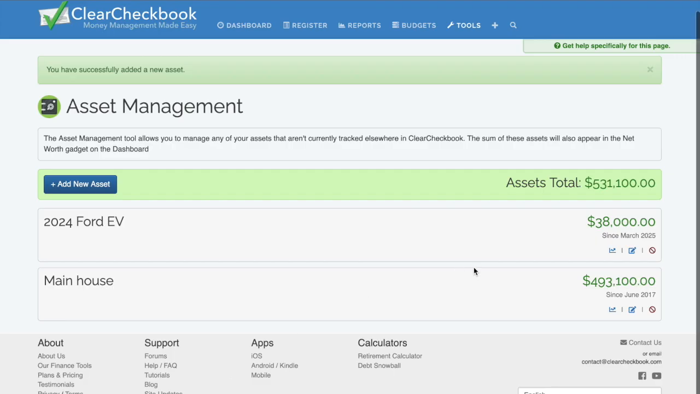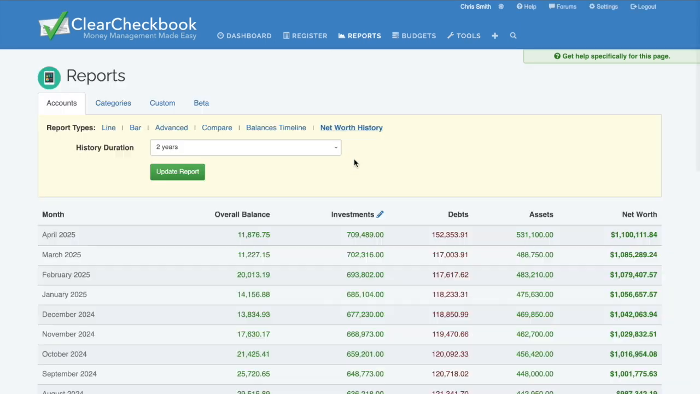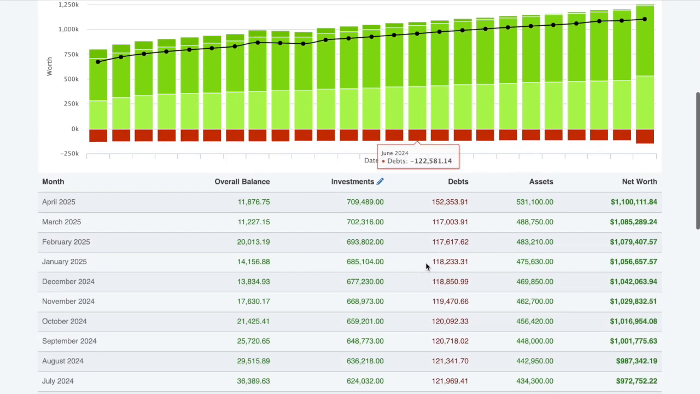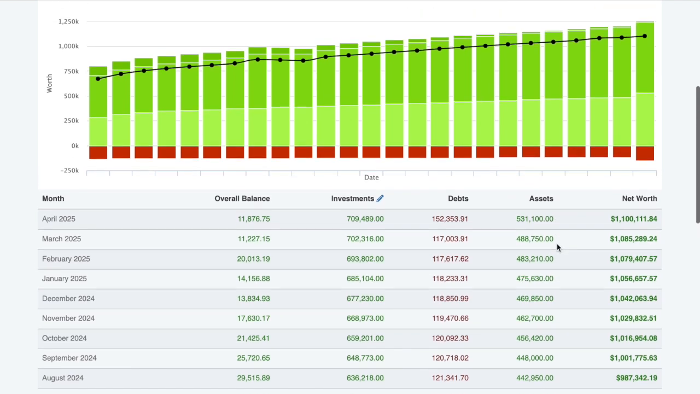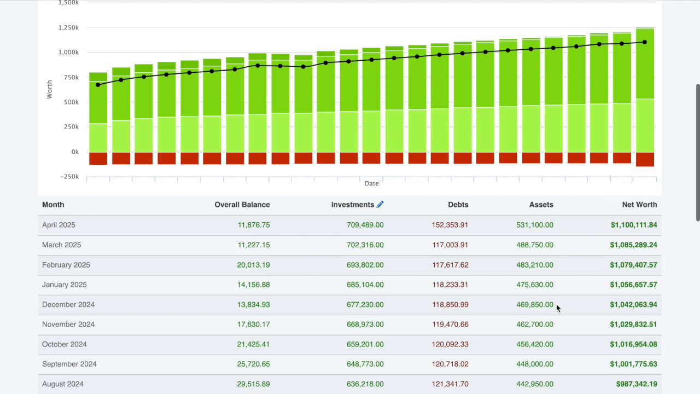section. The last link is a delete icon, which will remove the asset entirely, including the history that's used in your net worth calculations. Let's take a quick look at the net worth history reports and see how the Asset Manager is used there. You can see a column in the net worth history report that shows our total asset values by month. The big jump in asset value for April 2025 is due to adding the new car to